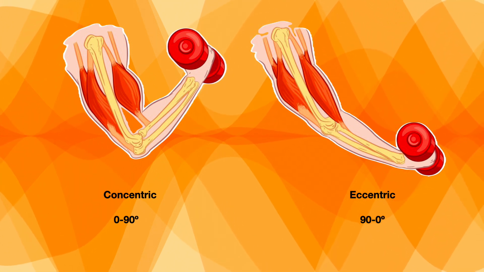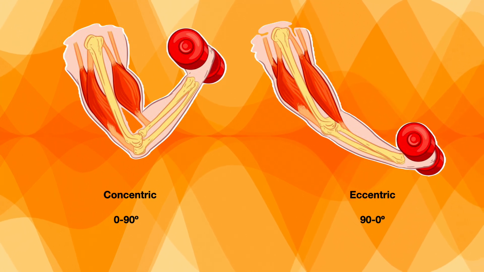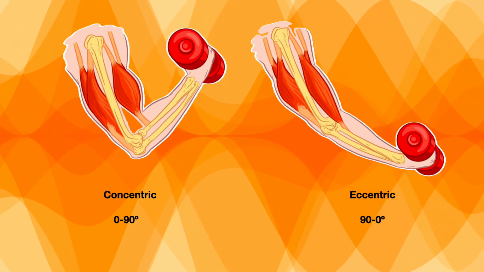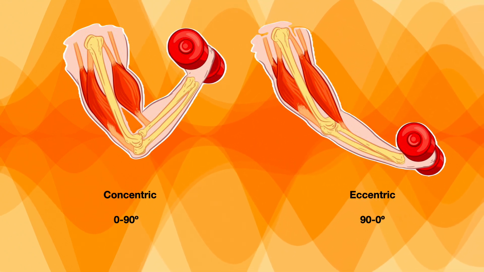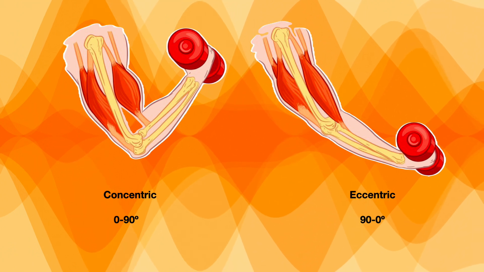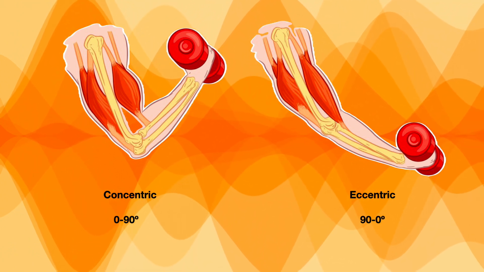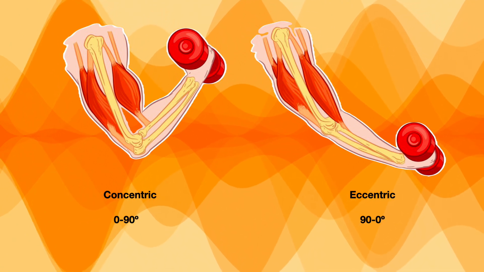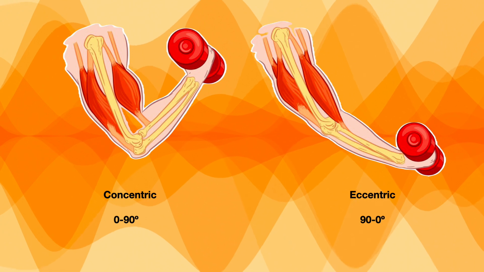For example, when the elbow is flexing from 0 to 90 degrees, the length of the muscle is decreasing. If the length of the muscle is decreasing during the muscle contraction, it is called concentric muscle contraction. And in a similar example, when the elbow is extending from 90 degrees to 0 degrees, the length of the muscle is increasing but the fibers of the muscle are in tension so as to allow a controlled extension of the elbow. This type of contraction is called eccentric contraction.